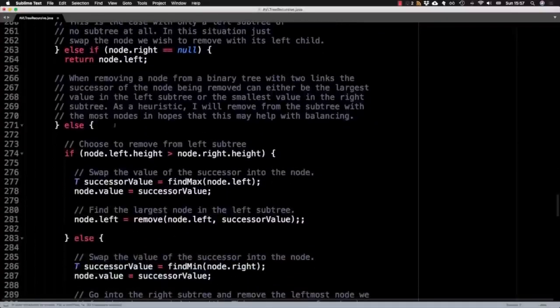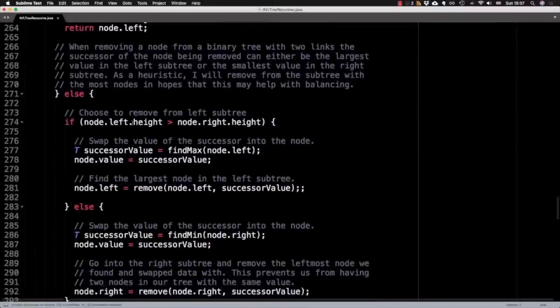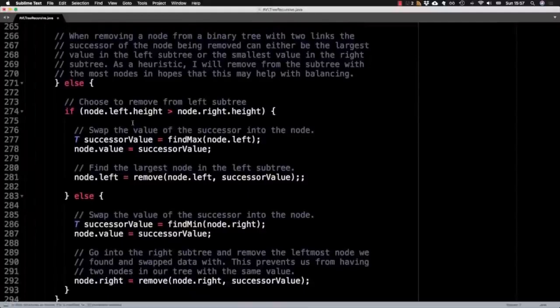Okay, and then the final tricky case where we're trying to remove a node who still has both subtrees. So the left subtree is there and the right subtree is there, but we still want to remove that node. And we can either pick the smallest value. Well, the successor can either be the smallest value in the right subtree or the largest value in the left